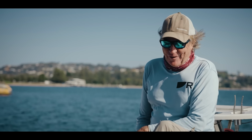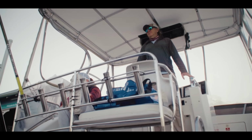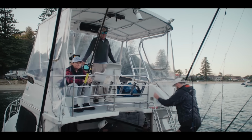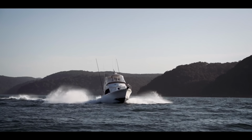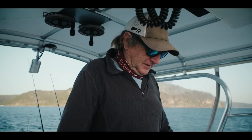My name is Scotty Thorington, the proprietor, owner, runner of Haven Sport Fishing Charters, which I established in 1988 on the Central Coast, New South Wales. Well, a little Freedom. She's a little 34 Black Watch. I've done a lot of miles. I've had this boat for